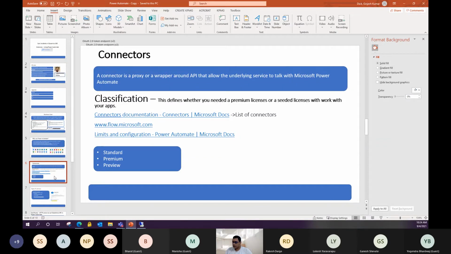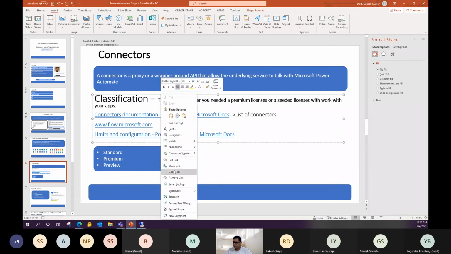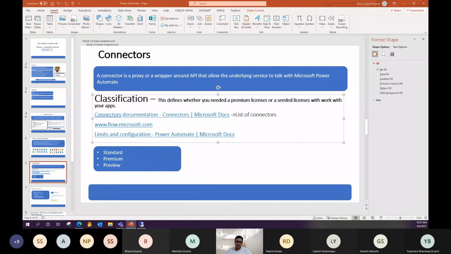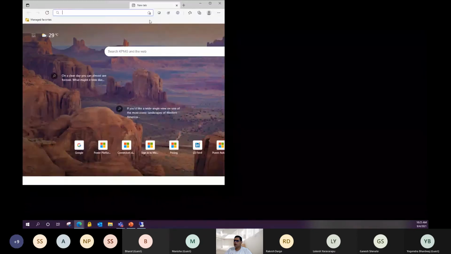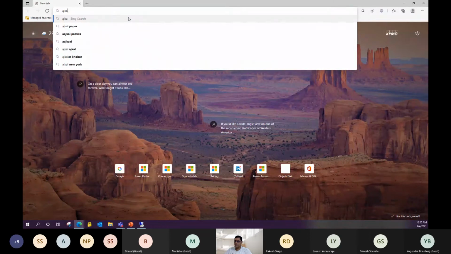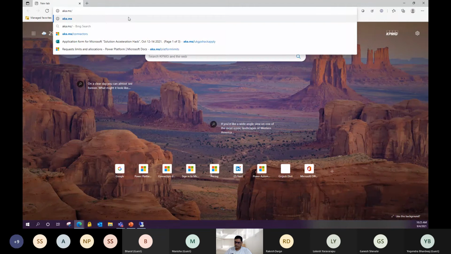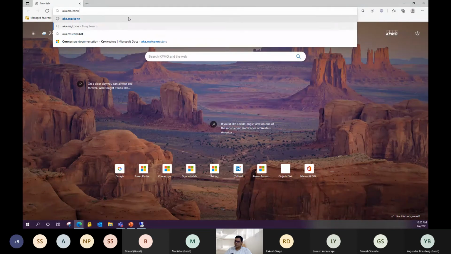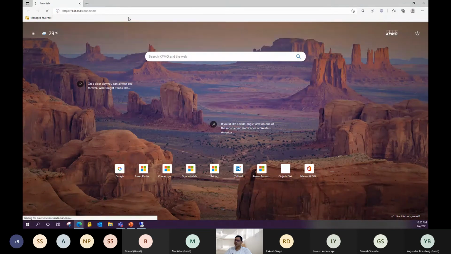And the connectors come in 3 flavors. Let me open a URL by which you can see the available connectors. There is a link, aka.ms/connectors.